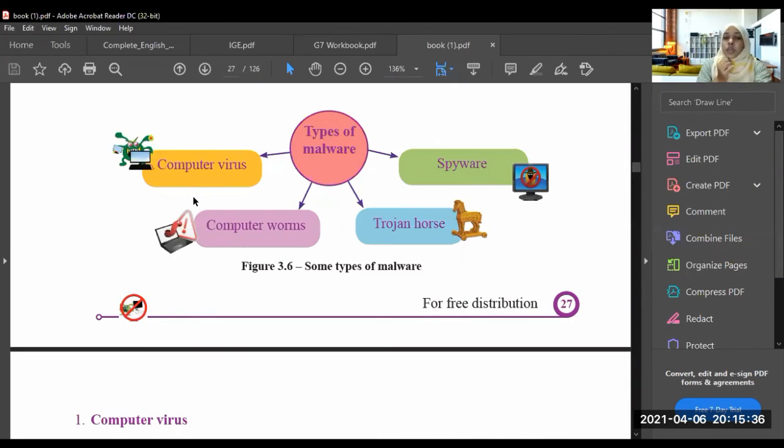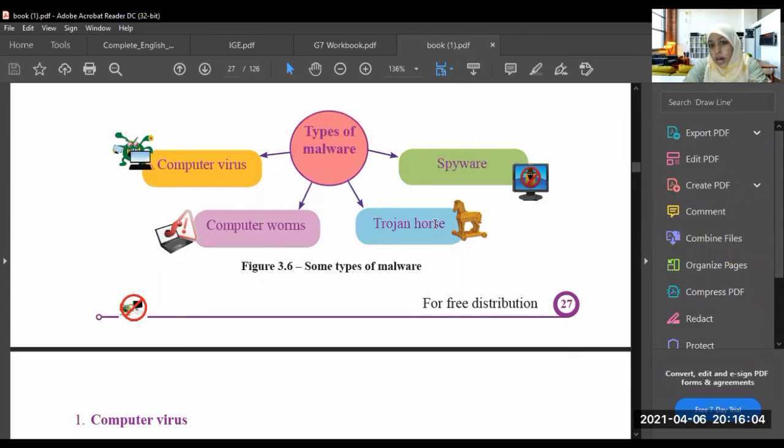When you use a storage device like a pen drive, for example, and connect it to your computer, if there are any viruses in that device, they can enter your computer. So it spreads from computer storage devices. And computer worms come to our computers through the internet or through networks.